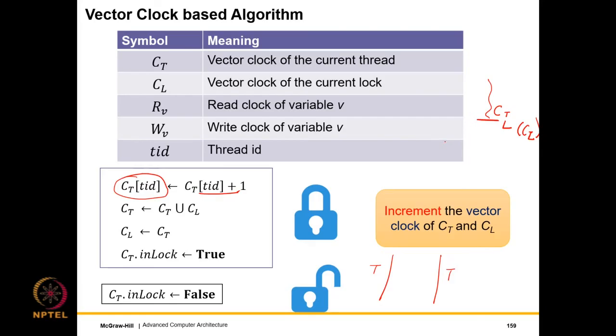So what is essentially happening over here is that for both the lock and the thread, this is the rendezvous point. And if the thread is successfully acquiring the lock, you can think of this as a message. It's as if the thread and the lock are sending a message to each other, right? So there is a kind of a conversation between the thread and the lock. They're sending a message to each other. And both are saying that we need to become equally up to date. So that is why they merge their information, which is a union, right? And then both CT and CL become equal to CT union CL.